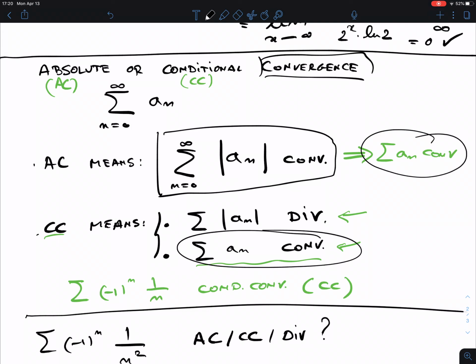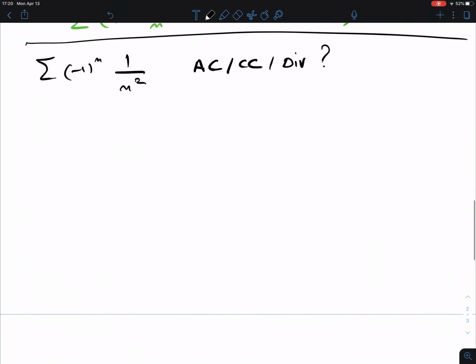But they say something else. They say they differ in the fact when you ignore the signs. It's these two guys that now make the difference between AC and CC. Okay, so